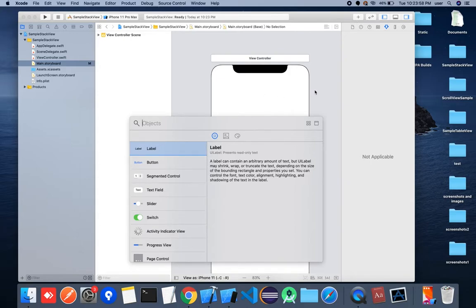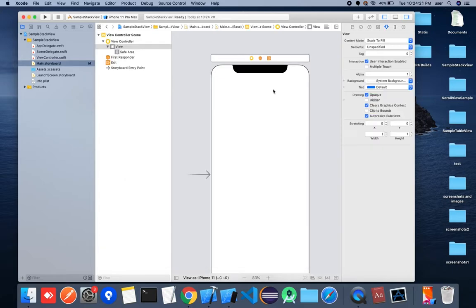So there are two types of stack view. One is horizontal and another one is vertical. The thing here is the stack view, if you have more number of views, then it won't scroll by default. So I'm going to start with scroll view, and after that I'm going to have a stack view inside the scroll view, and further we can proceed with the remaining views. So let me explain here.